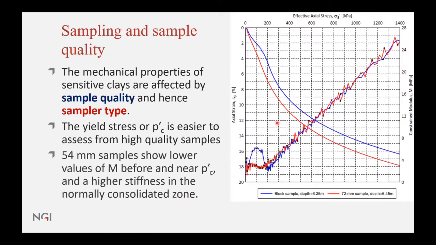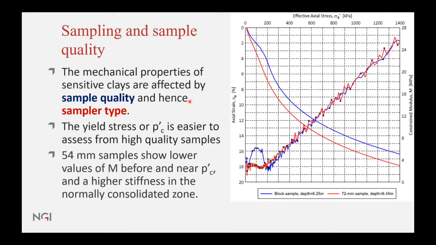One important thing to remember in sensitive clays is that the quality and the reliability of the laboratory and field data can be significantly affected by sample disturbance. And then in turn, sample disturbance may affect key design parameters such as compressibility, pre-consolidation stress, and undrained shear strength. Here is an example, again, from one of our field tests that we have close to Trondheim,